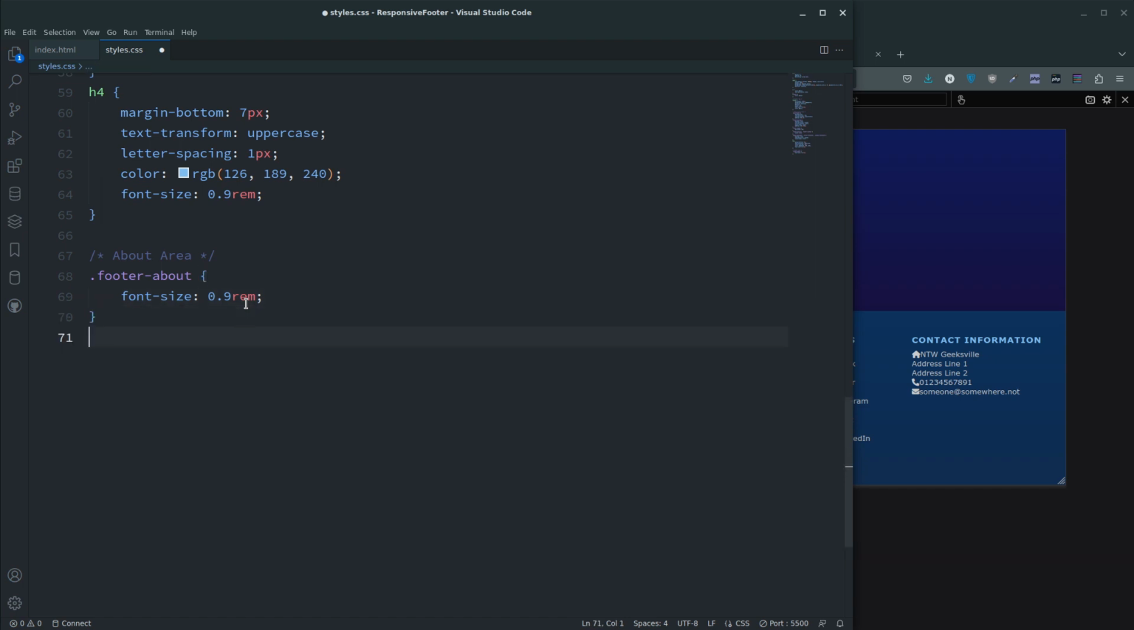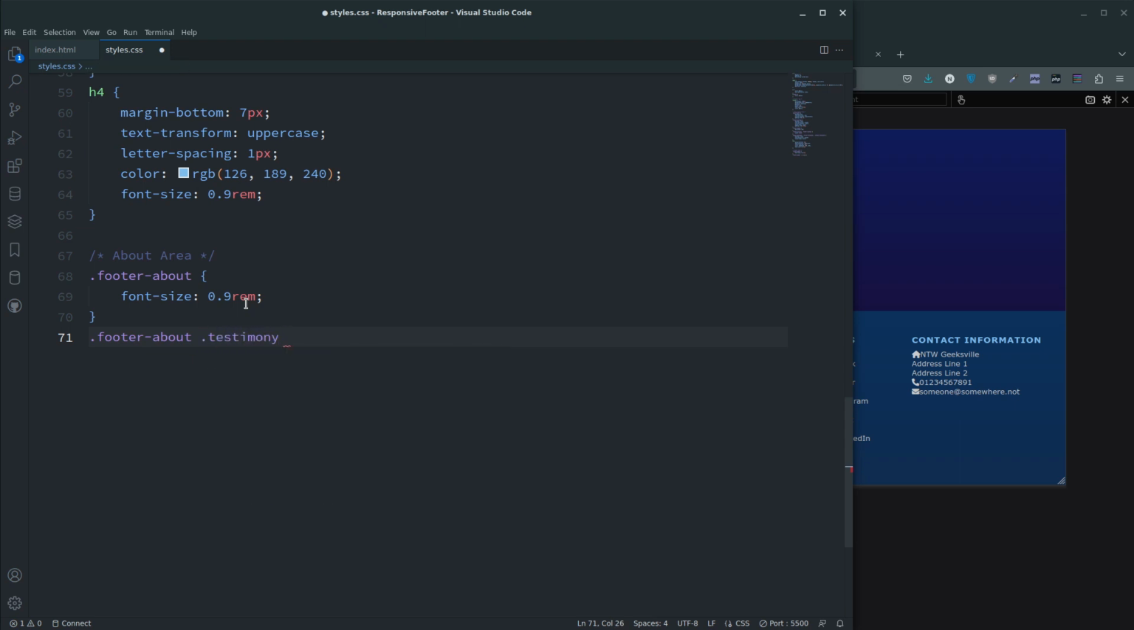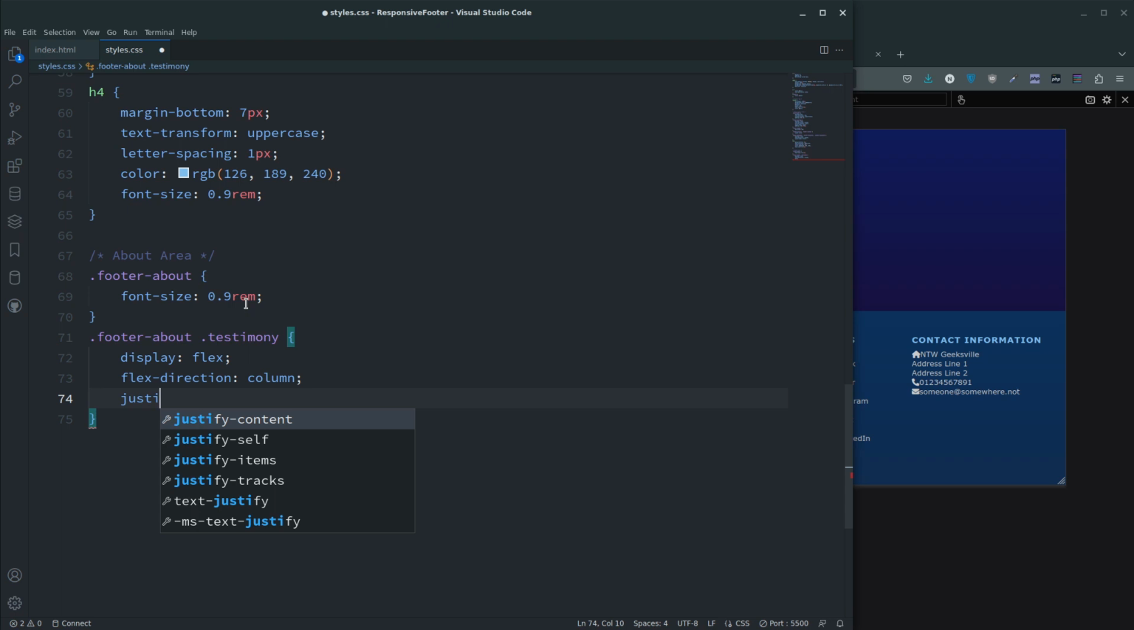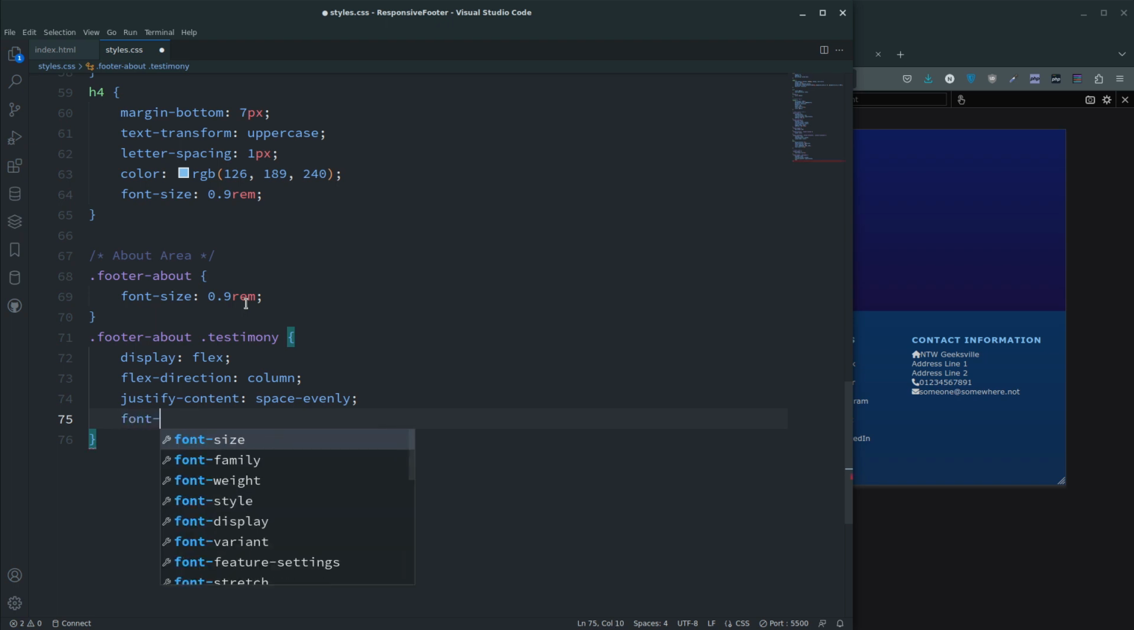There we go. And then the footer testimony, let's concentrate on that. Footer about testimony, and let's display flex. Let's do flex direction column, justify content space evenly, and we want font style,